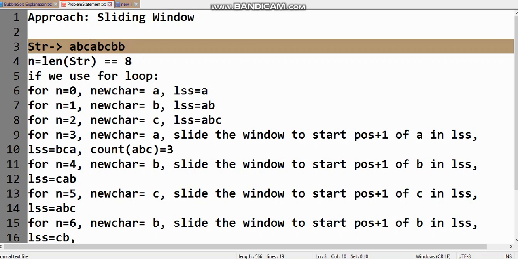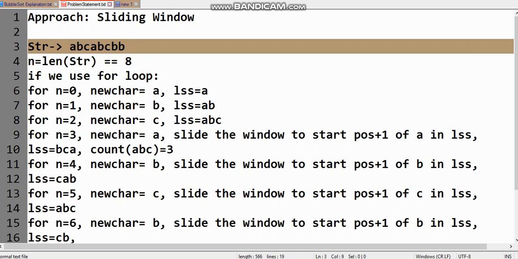Until the repeating character comes, we cannot slide it. As soon as the repeating character comes, we will slide it. First of all, I'm trying to make you understand the technique I'm going to use, and now I will talk about how this technique is going to help us solve our problem.